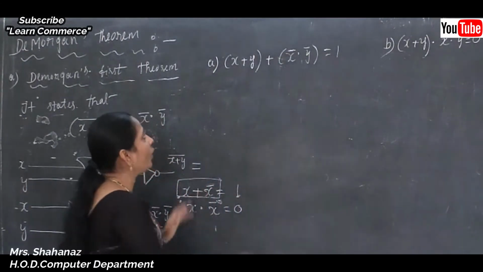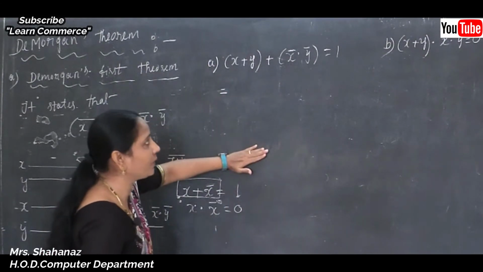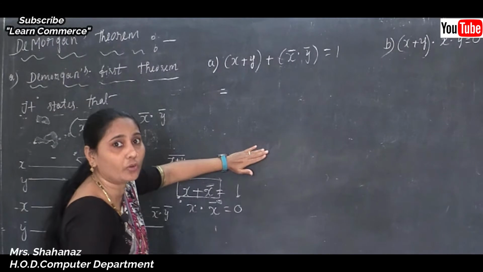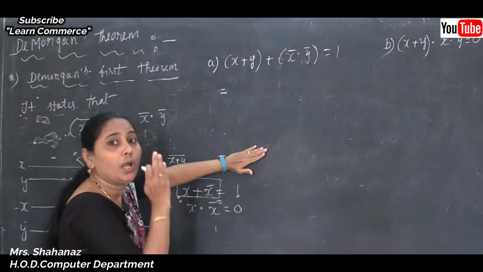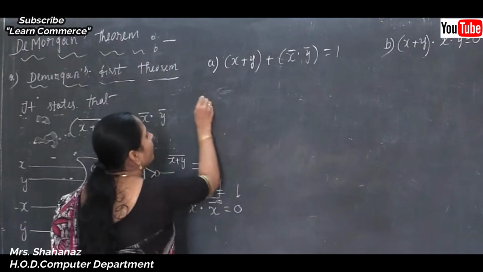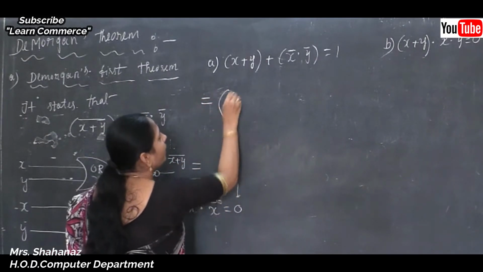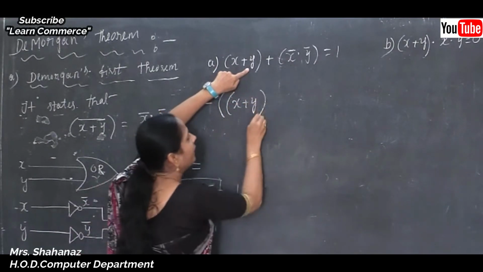Now first of all we are going to prove the first one, and let's see whether we get the result as 1 or not here. If we get the result 1, that means we can prove such a theorem. Clear this point here? So first, I am taking x plus y plus